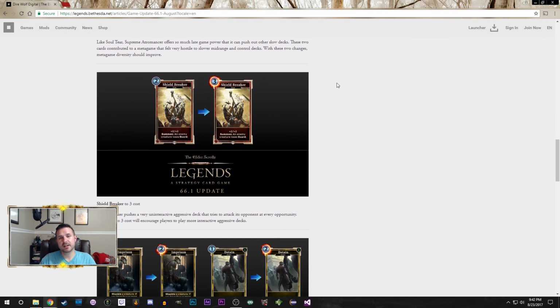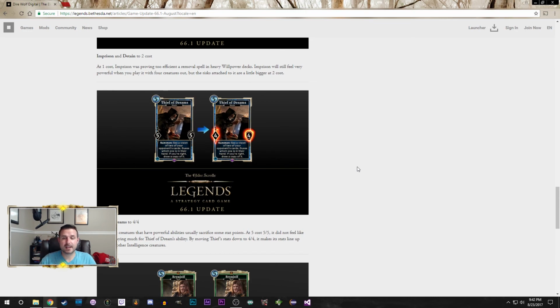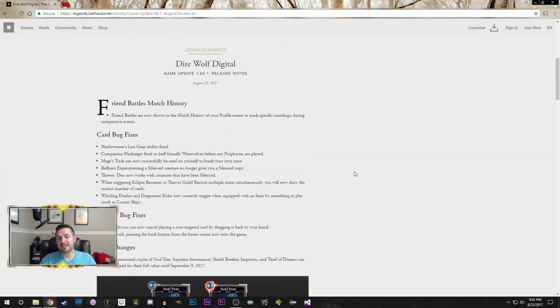This is interesting. I think Time to Fight's still viable. I just don't think Shieldbreaker is necessarily an auto-include 3 of. I'd probably have to test it. You probably still run at least 2 of them, but whether you run the full complement of 3, yet to be seen. Thief of Dreams got a hammer. Yeah. So, other things I'm planning on testing tonight